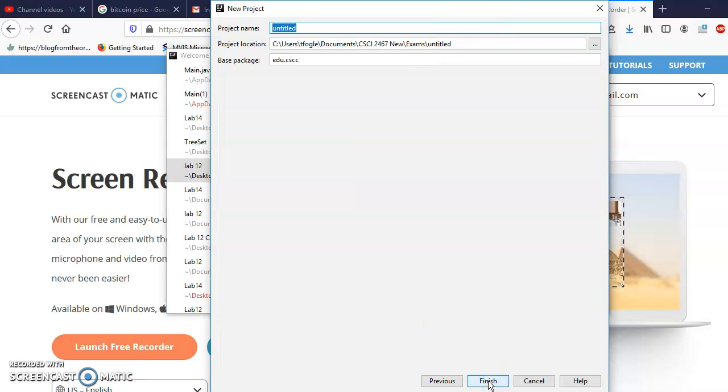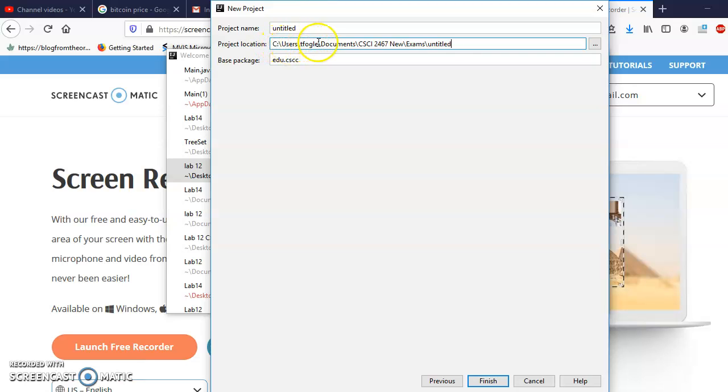Okay, we'll click next. Now this is very important. This next part is project location. Project location, you've got to be good or get good with file management. You need to know exactly where your files live. So for example, right now, Untitled is not a very good name, so I'm going to obviously change that. But in addition to that, you need to know where this is located. So you can see the root directory here,